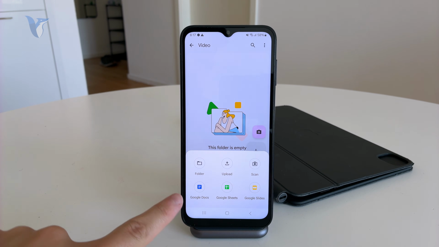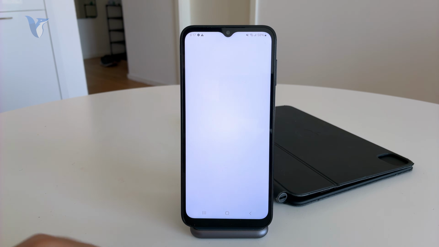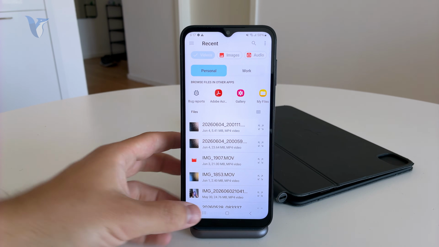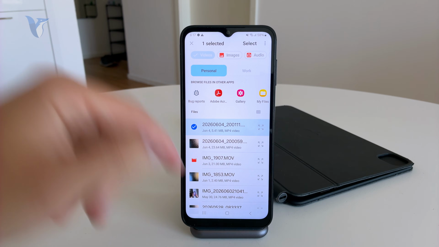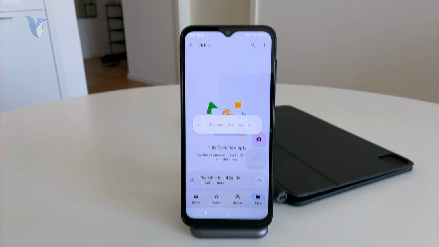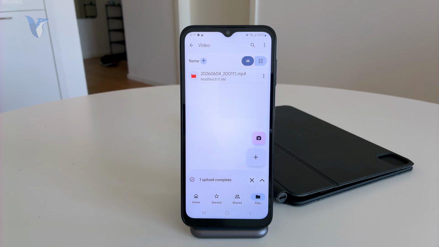I'm going to tap the plus icon again and tap on upload so I can essentially just choose the videos from my device. I have a couple of them, so let me just choose this one, right? And this is going to be the one which I upload to that folder. So it might take a while, depends on the size of the video, but now that we have it inside